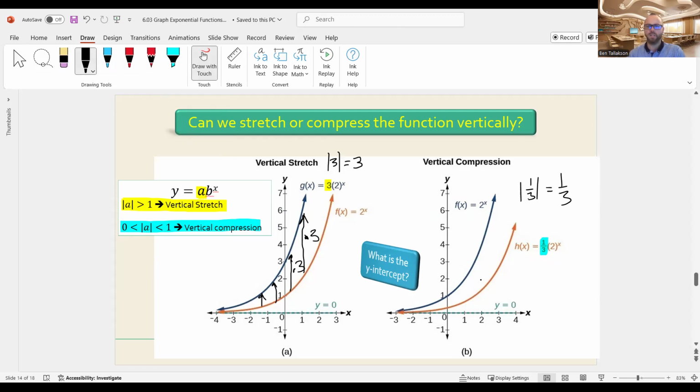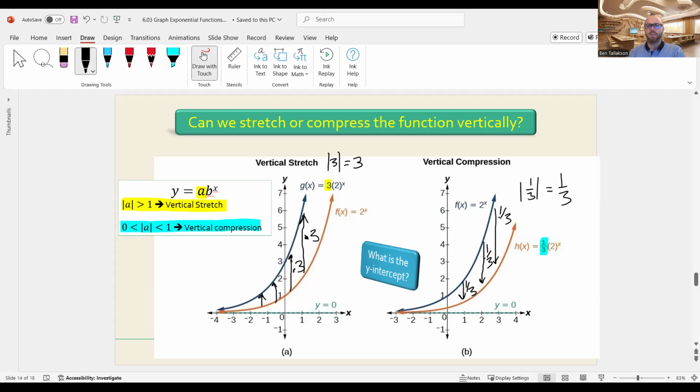So yeah, that's between 0 and 1. That's why there's now a vertical compression. You're flattening it out, right? You're pushing it back down closer to that horizontal asymptote at the x-axis, right? So all the y values are getting chopped in thirds,